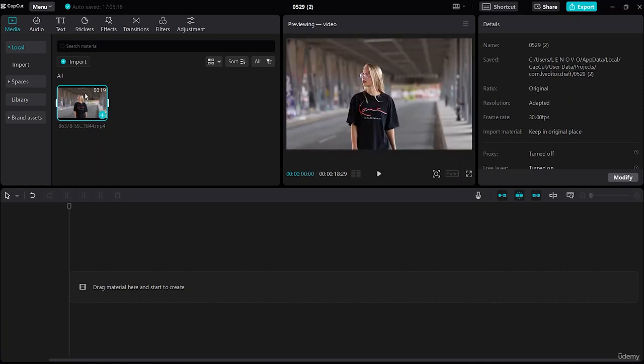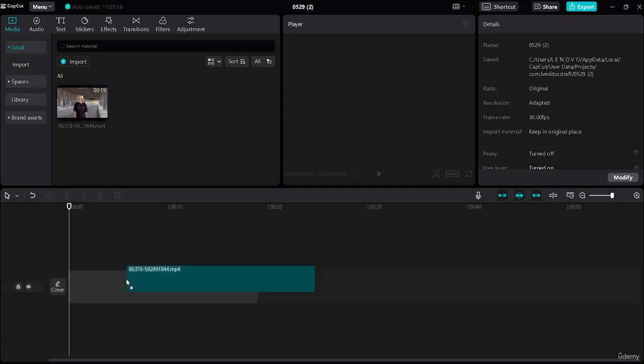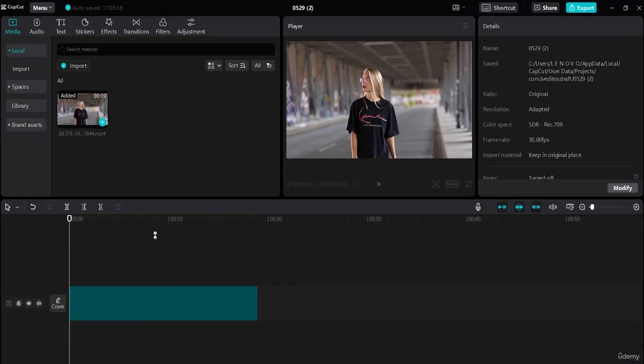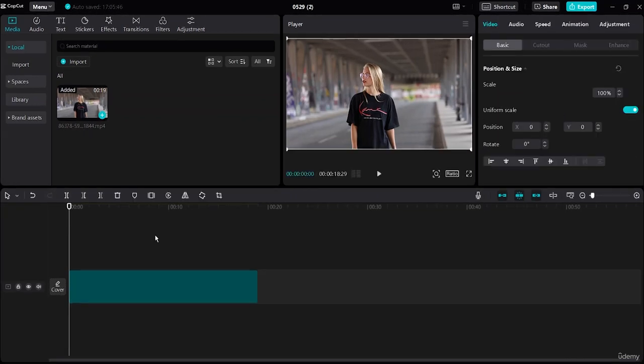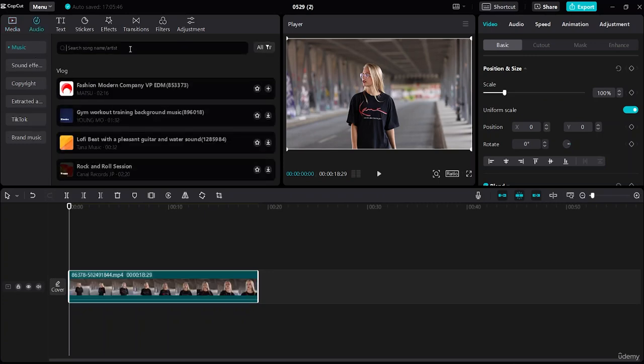So now let's select our video and then bring it to our timeline. It will take some time to load over here. After loading, we'll just add our music. Based on our music, we'll keep our particular video speed. So for that, let's go over to the audio and we'll search for any audio from here. Let's search for a speed one. First, we should download one. So we'll be downloading